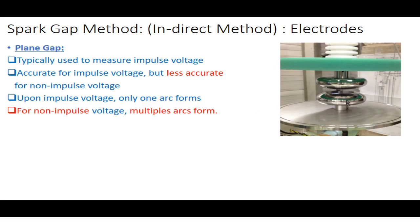Now, you know that we have to measure either DC voltage, AC high voltage, or an impulse voltage. When you have to measure AC voltage or high DC voltage, the sphere gap method is one of the best methods. But for accurate measurement of impulse voltage, the rod gap method as well as